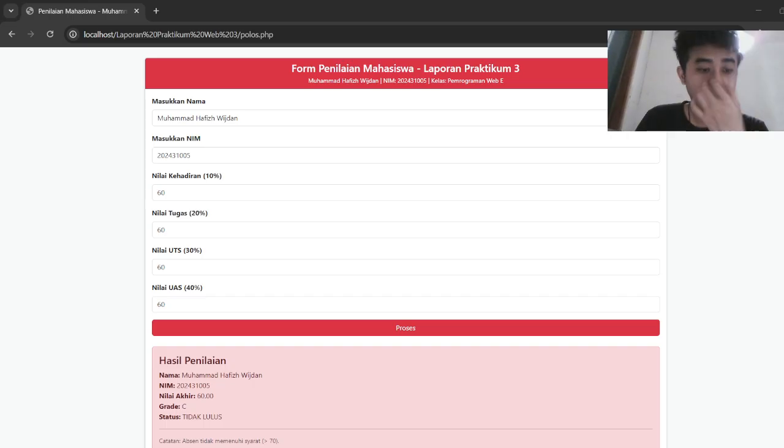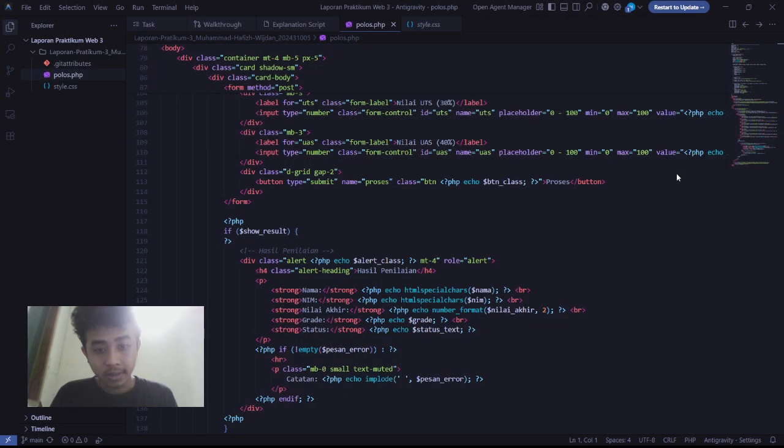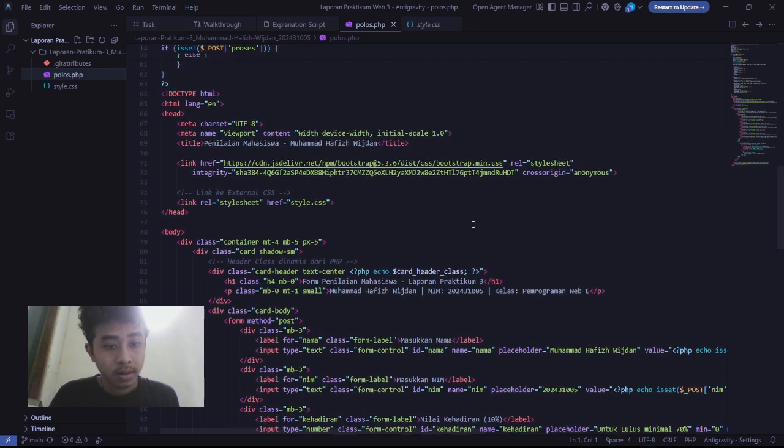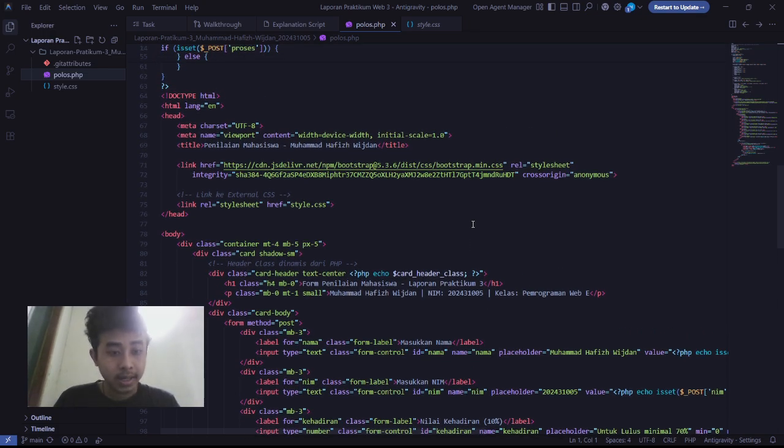Let's dig into the code. As you can see in line 75, I'm using rel stylesheet and reference to style.css to connect my CSS file to my polos PHP file.